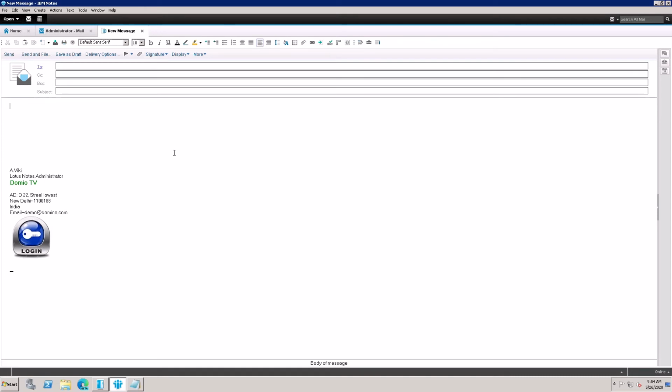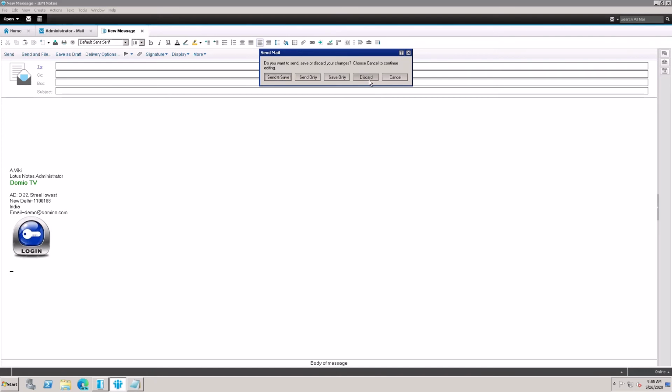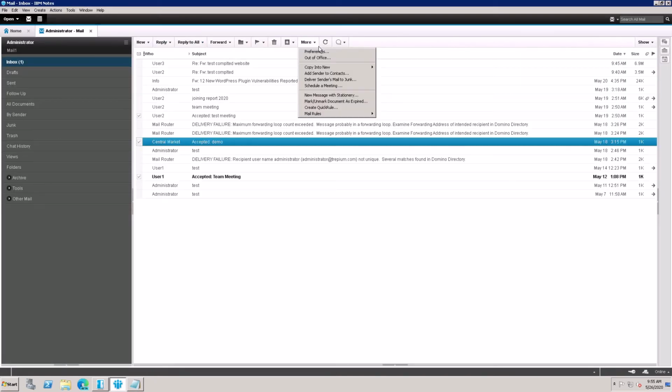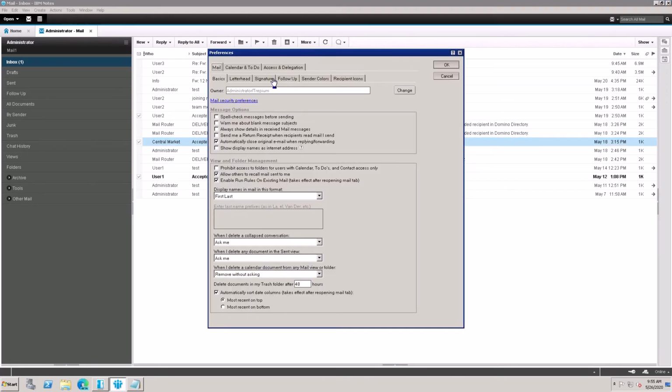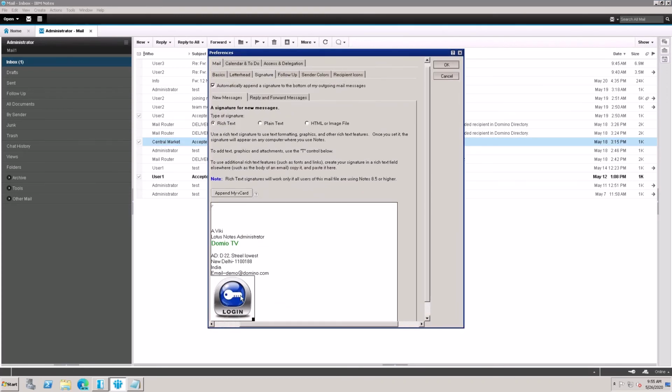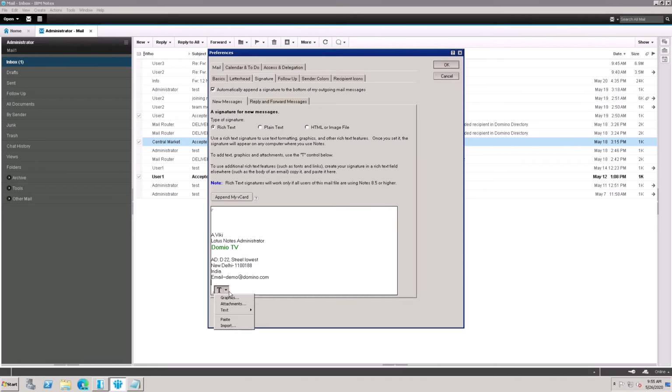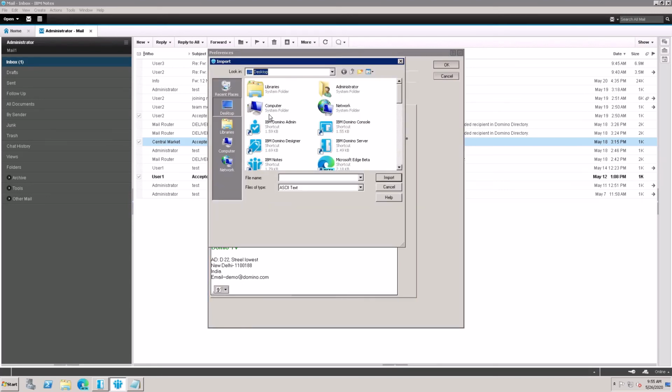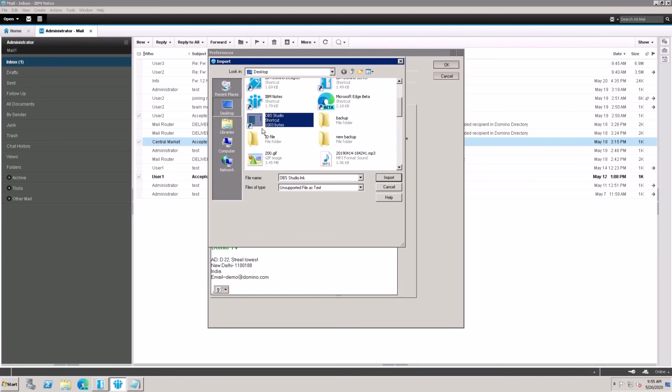If you want to change this icon, you can change it. Go to Preferences and Signature. Here is Graphics, here's Import, and select this graphics.